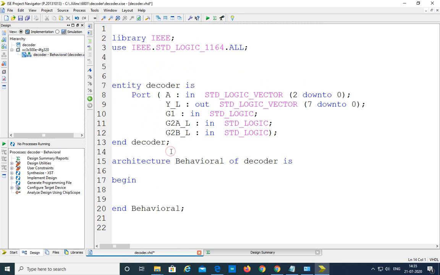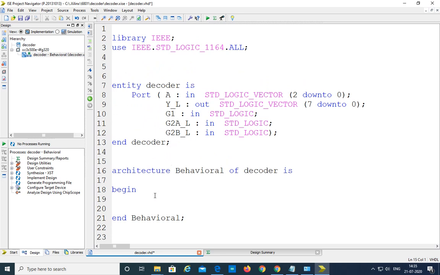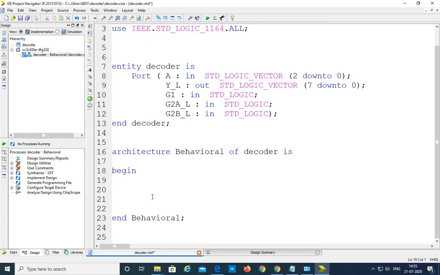Now we have to write the decoder functionality here in the begin statements. Remember one thing, the decoder has to perform based upon the inputs. So inputs we have defined as a contains a comma b comma c. That is 3 inputs are given in a of 0, a of 1, a of 2.